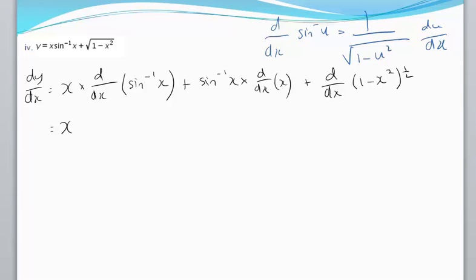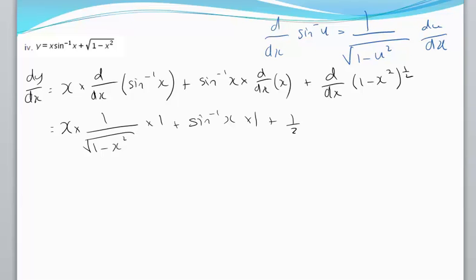So here we get x multiplied by the derivative of inverse sine of x, so 1 over the square root of 1 minus x squared, and our u is equal to x, du/dx is equal to 1, plus inverse sine of x, and differentiating x we get 1, plus